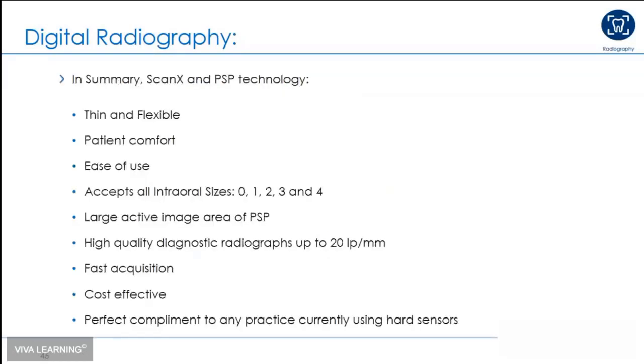So, thin and flexible, increased patient comfort, ease of use, all the sizes possible, including the number 4 occlusal film. The largest active image area of any radiograph in the market is the phosphor plate. High quality diagnostic radiographs, up to 20 IP per millimeter, fast acquisition. The difference between 2 seconds and 4 seconds is 2 seconds. I'd sacrifice the 2 seconds any day of the week to get all of these things that I've just talked